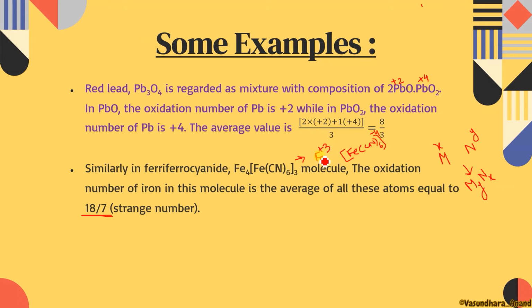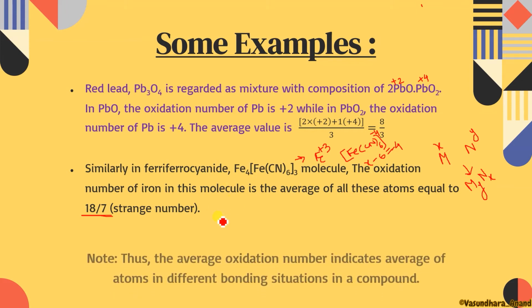This is ferric, isn't it? So that's why it was named ferric. And it is ferro, that means it is in +2 state. So just find it. One Fe I don't know, so X, and there is CN -1. So -1 into 6 is -6, equal to -4. So what will be the charge on this? +2. Clear? So it is a very important question that can confuse you. So you have to understand how I found the oxidation number. Let's move to the next topic.